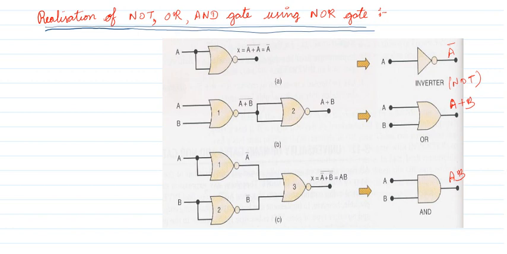Next, I am giving A, which is A bar. I am giving B, which is B bar. Using De Morgan's, you get this. How to solve this? This is A B double bar, which is equal to A into B, or A and B. So this is your NOT gate using your NOR gate, OR gate using your NOR gate, AND gate using your NOR gate. Very important, right? That's why these are called universal gates. Using these gates, I can realize the other gates.